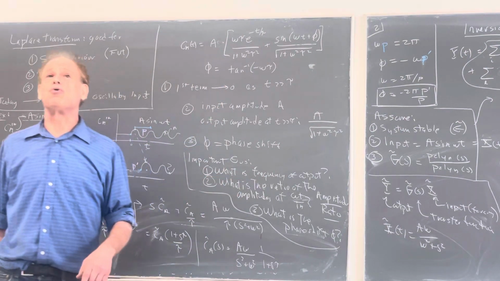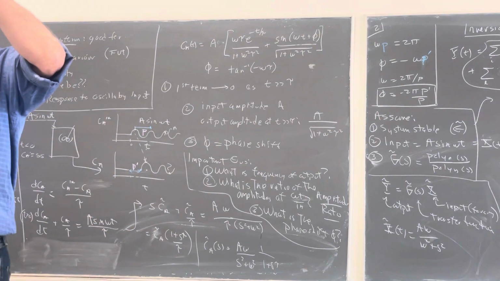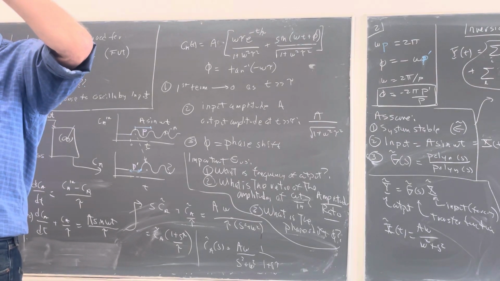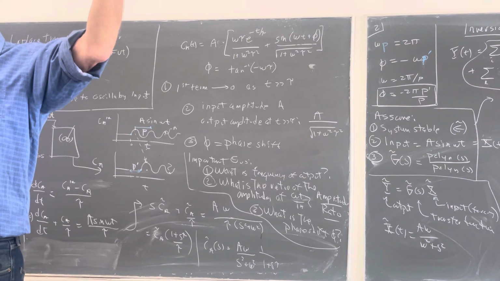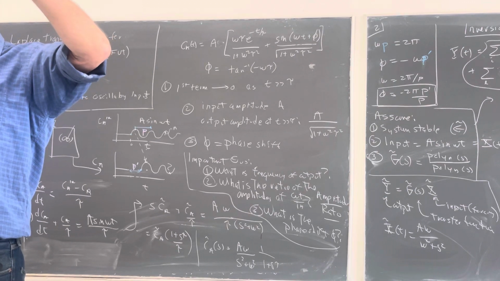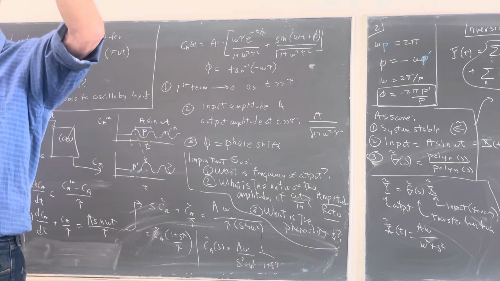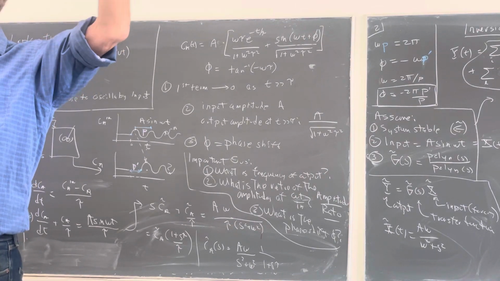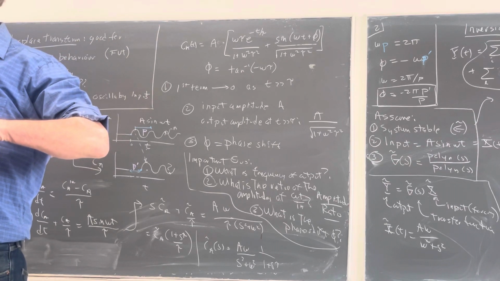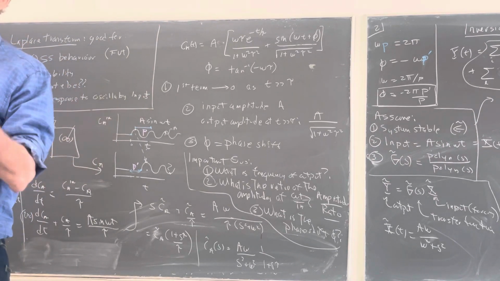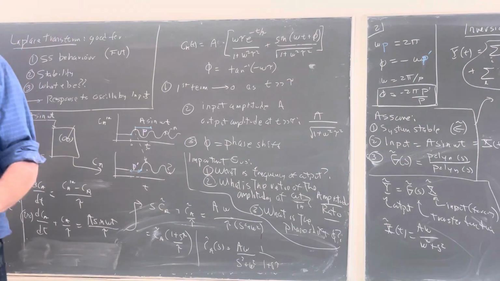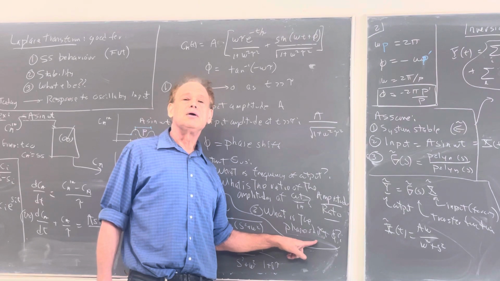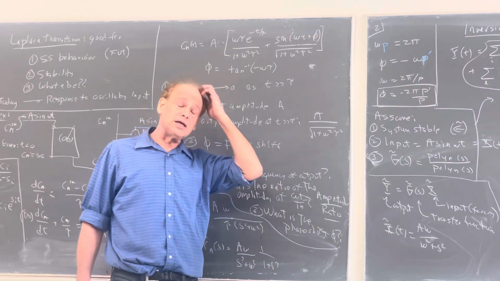The amplitude ratio is important because let's say we're looking at the height of a tank. If the amplitude is so big that it spills over, that's bad. So I want to know what the amplitude of the output is, even if it oscillates. If it oscillates so much that the tank overflows or the tank goes empty, I need to know that. So it's kind of clear why I need to know an amplitude ratio. What's not clear yet is why I need to know the phase shift. And that's going to become clear once